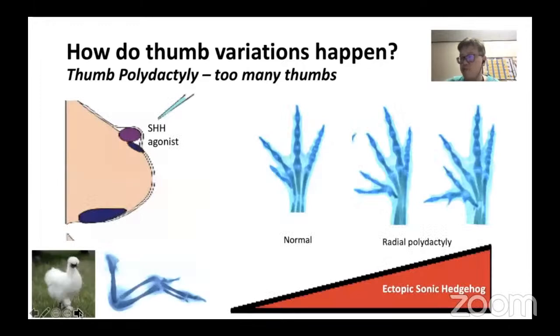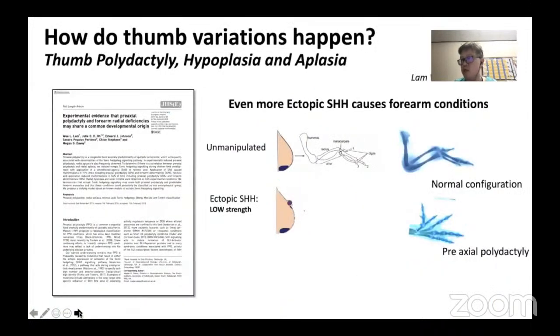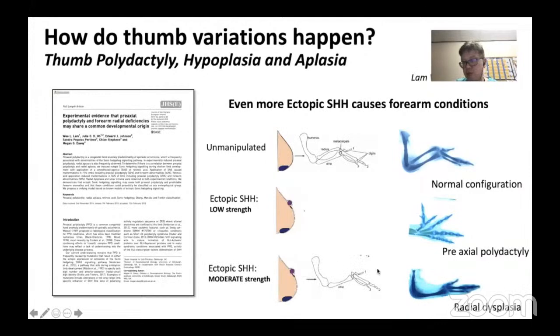This is from our lab in Edinburgh. We work with chicken embryos, and then we look at the chicken limbs. One of the things we do is to add ectopic Sonic Hedgehog to the anterior limb bud. And what we found was that when we do this, we actually produce radial polydactyly. And we found that the more Sonic Hedgehog we put, the more severe the radial polydactyly. If you add a little bit, you get a radial polydactyly. You add even more, it actually suppresses radial structural growth,